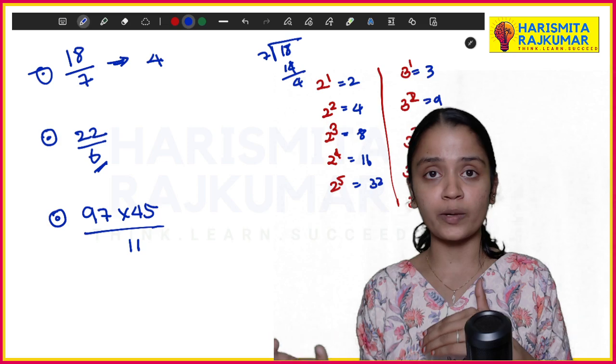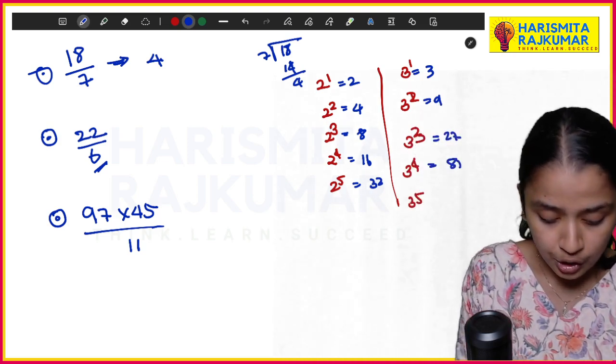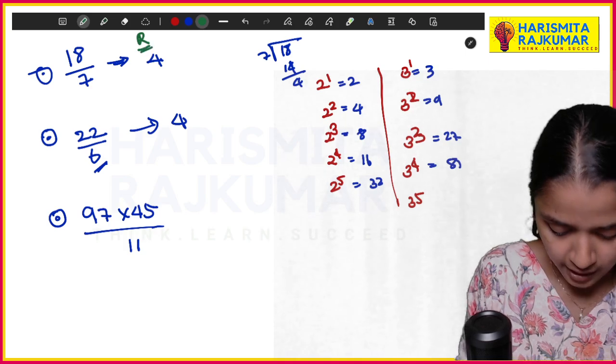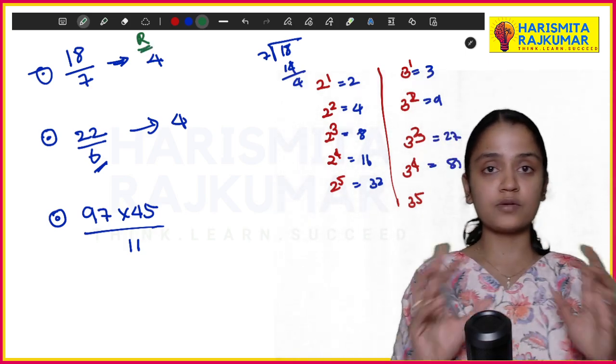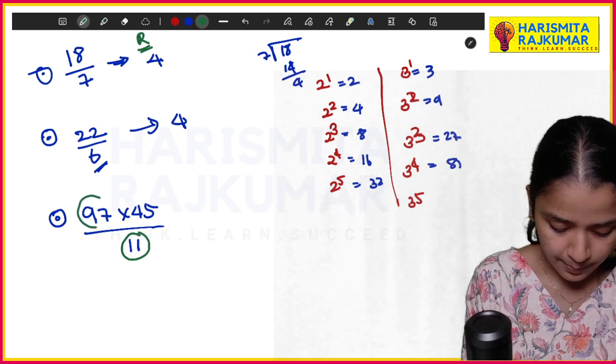After 18 it goes 24. 18 means then 22, it will be 19, 20, 21, 22. Your remainder for this is also 4. So these are remainders. Okay, the remainder for this is also 4. Now if you're having this kind of big question, what you're supposed to do is divide this and this separately,